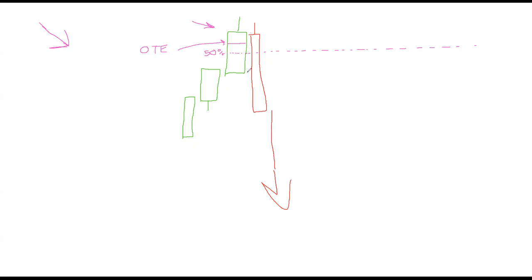So essentially what I do is I place my first entry at the open of the candle, because usually you don't want to miss it and you just catch it, right? You just get your limit tapped, and even if you're holding through drawdown, you know that the trade is going your way. But when you're dealing with like a 1.0 lot size on like a $200 account, you want as little drawdown as possible, correct? So what are you going to do? You're essentially going to take your OTE, your 50%, and the open of your candle, and you're going to say,